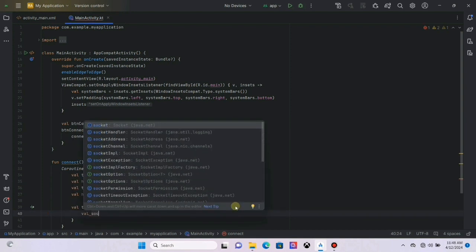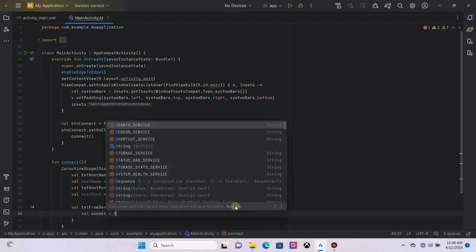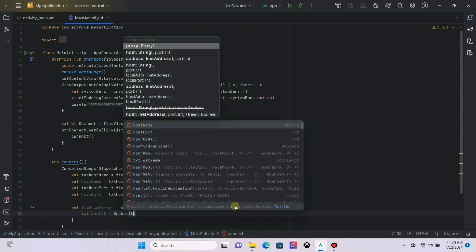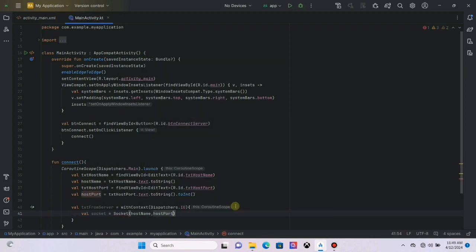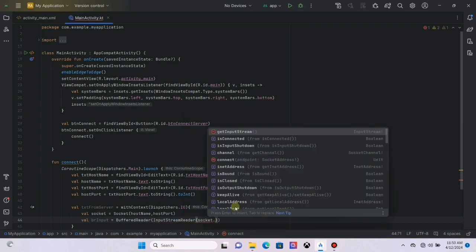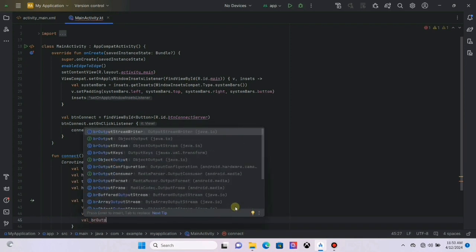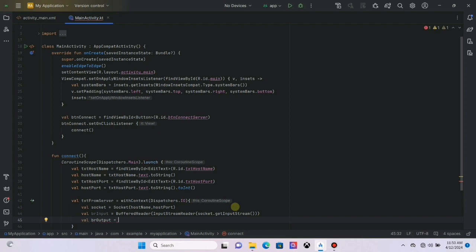Now I create the socket connection. Now we need to create an input stream for receiving data from the socket connection. Now we need to create an output stream for sending data to the socket connection.